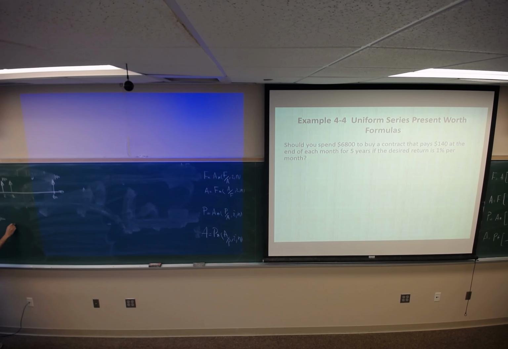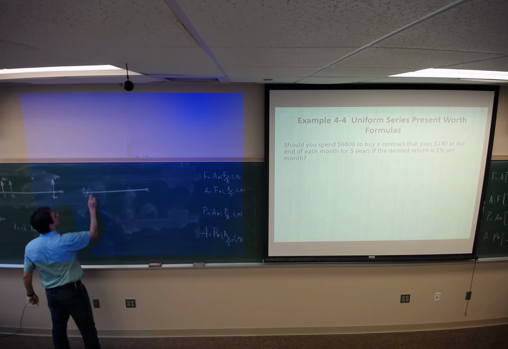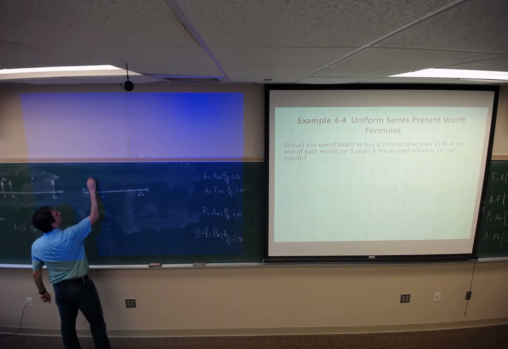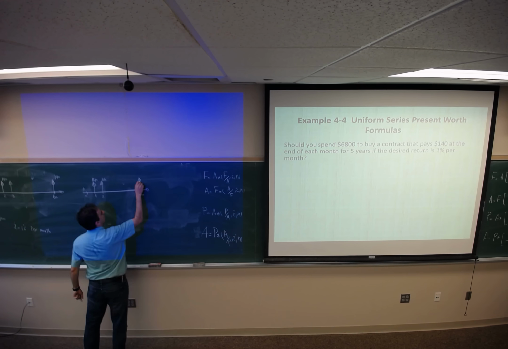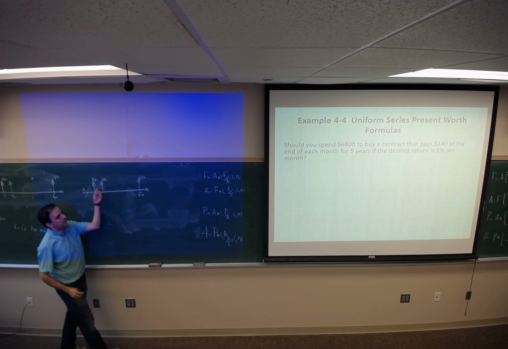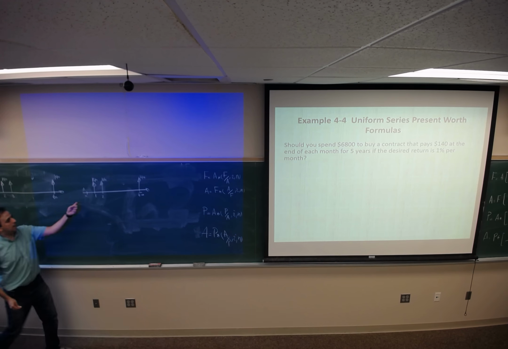So, interest rate 1% per month. Now, if I just look at the benefits, 0, 1, 2 to 60, 140, 140, all the way to 140. If I find its present value with this interest rate at present time,